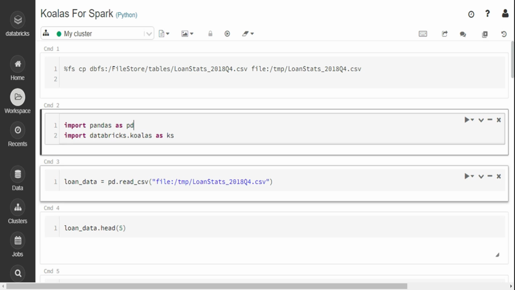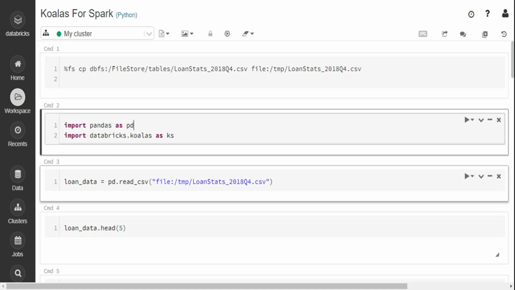So the idea of the Koalas framework is basically that it resembles your Pandas API as it is. So basically, if you're comfortable with Pandas, if you're working on a single node system, you can just get up and running on Spark in no time. So Koalas makes the learning curve significantly easier by resembling the Pandas API. That's what it does, and it runs on top of PySpark. Now that is one part of it.